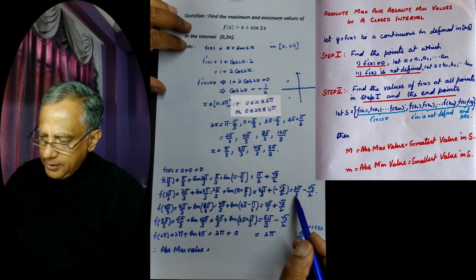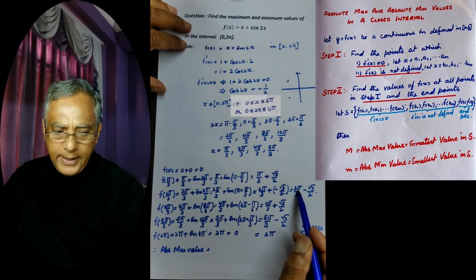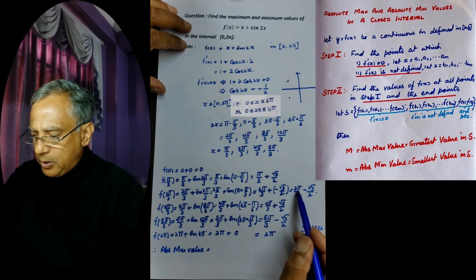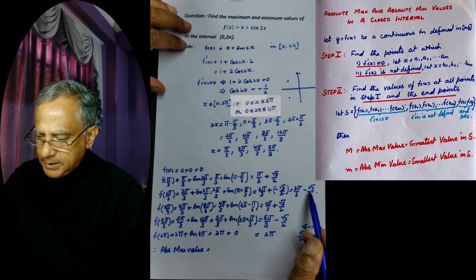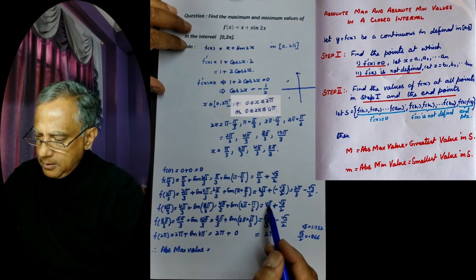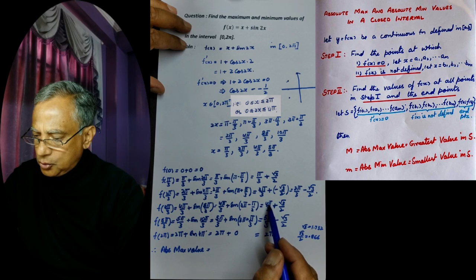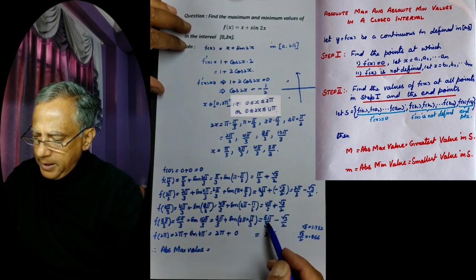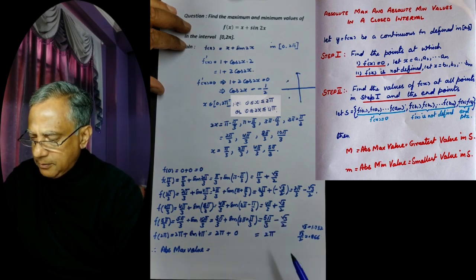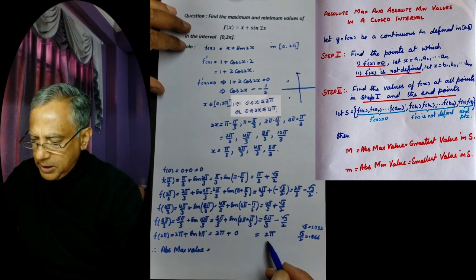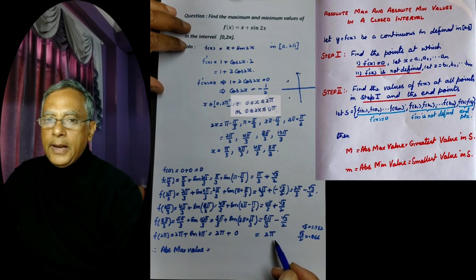2 pi by 3. This is approximately 3, pi is approximately 3.1. So 3.1. This will be 2 point something minus this. This is not the greatest value. This is 3, pi is 3.1. So this is 1.1. 4 plus this, 4.8, is less than 5. So this will also be less than 5. So this will be equal to more than 6. So this will be the greatest value.